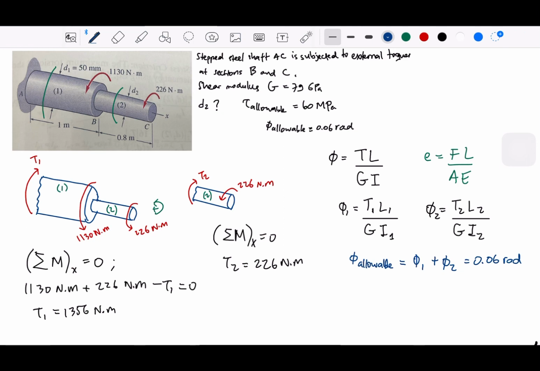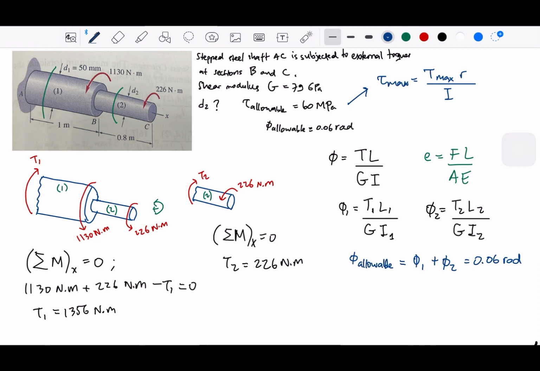Okay, and then we have the maximum stress. So we can write this. The max. This is tau max, right? And then r divided by the inertia. Okay. So later, because we know the maximum is 60 megapascal, after we get our